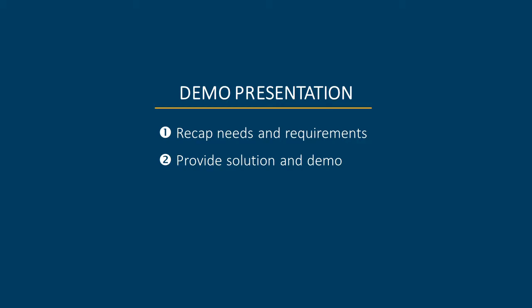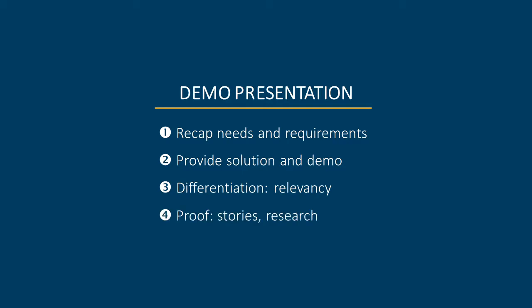The third component is differentiation. Why is this relevant to them? Why are we best suited to solve their problem? And how are we different from their competition? We can bring that in. And the final part is the proof. We want to be able to tell stories and provide data and research that shows why we're the best solution and why we've done this in a similar fashion for clients in their industry or clients with similar situations. The final piece is asking for feedback throughout, making sure we're confirming that we're on track,